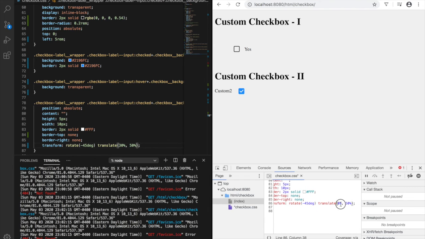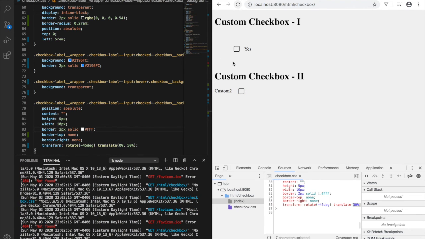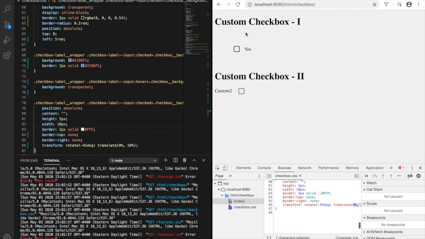So translate 0 and 50%, 0 and 50. Perfect. So now we have created a custom checkbox using the same CSS but with a different method,